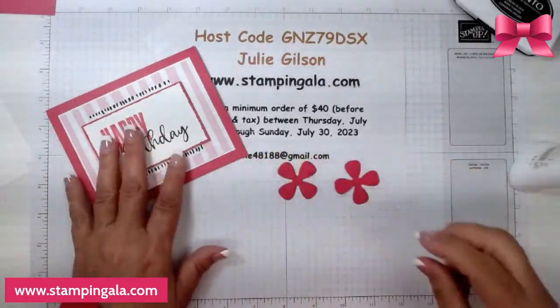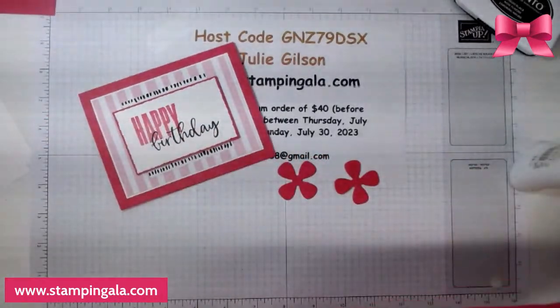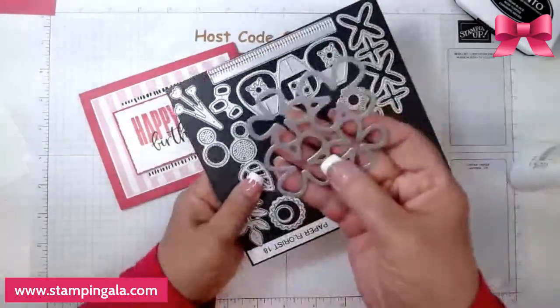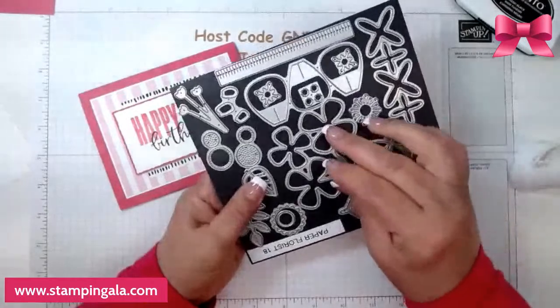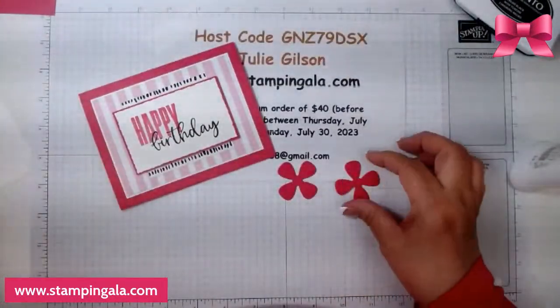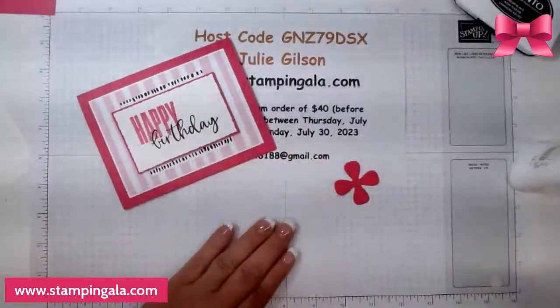Okay, so let me show you the dies again. So this die right here cuts out 4 at the same time. So I'm using 2 of the large ones. All right. So what I like to do,